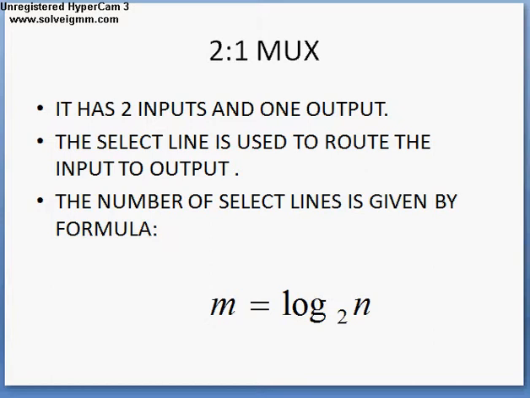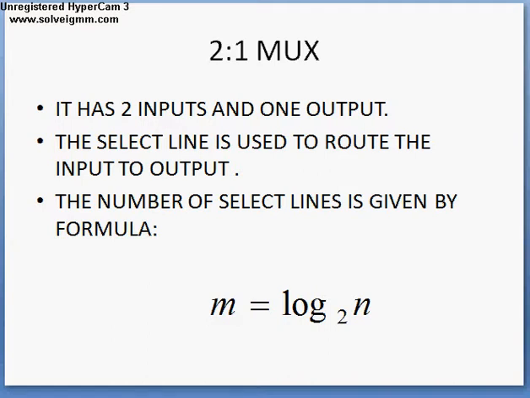In the previous lecture we just discussed the introduction to multiplexers. As you all know, multiplexers are combinational circuits which are basically used in digital design. Now what is this 2:1 multiplexer? It is the multiplexer in which there are two inputs and one output. And as you know, it routes a particular input to the output